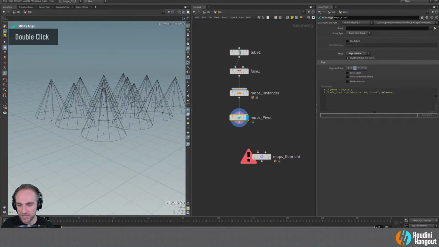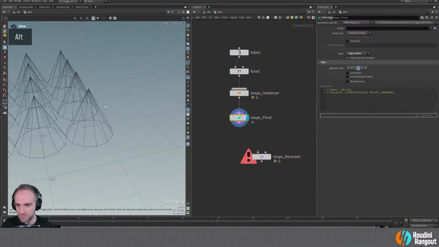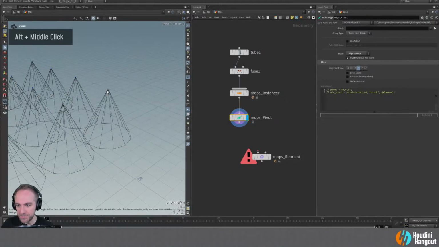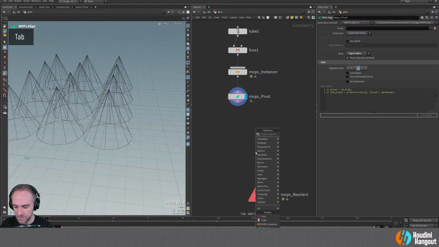What this does is change around the pivots for us. We could do something like this, where the pivot of this object is centered up at the top there. And just to visualize this, let's do a